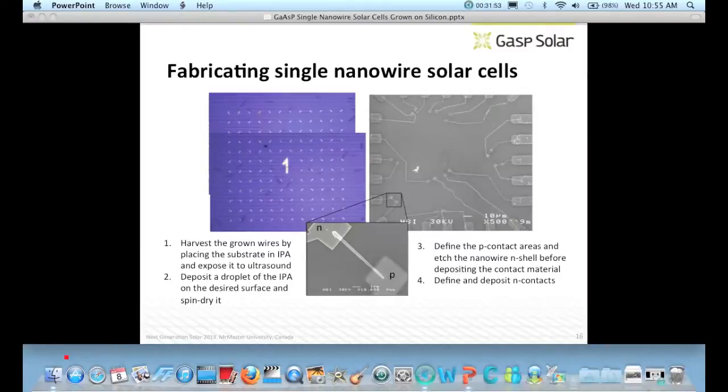When you have a real high quality optical image, you can see not just individual nanowires lying around, but you can also see the tapering of the nanowires. So you know which end is N and where P is, and then you can just define your contact pads